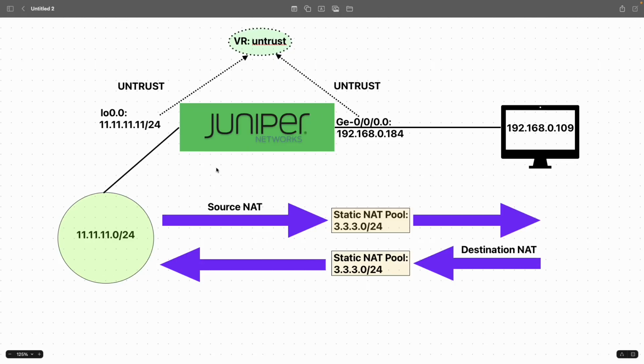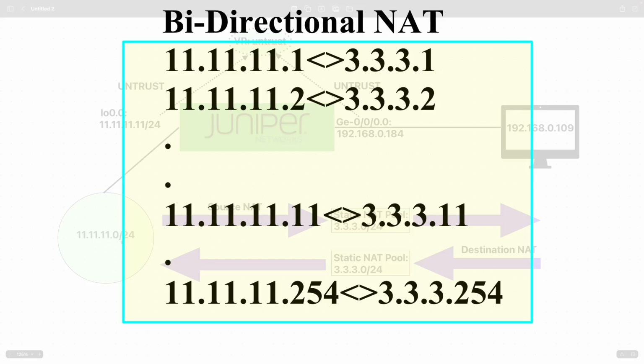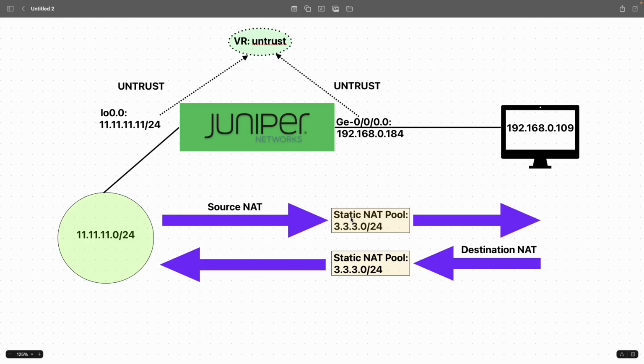and the intention is to have a static NAT for the internal subnet 11.11.11.0/24 using the external pool, which is 3.3.3.0/24. And I would like the internal subnet starting from 11.11.11.1 to get translated to 3.3.3.1 when the firewall is doing the source NAT, and at the same time when the external users are trying to reach the internal subnet, for example